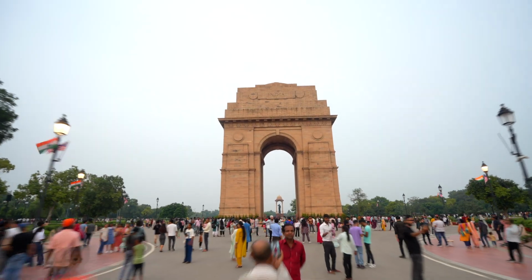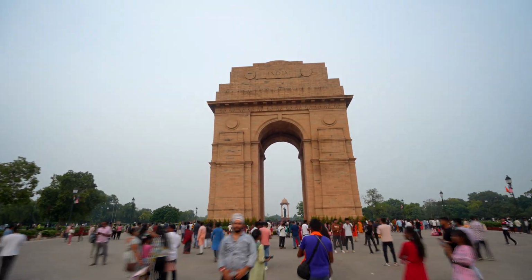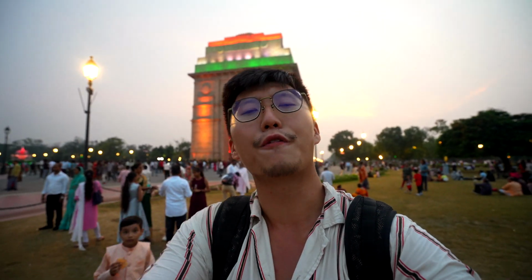Everyone has come to see this arch, which, to be fair, it's just an arch. It is India Gate. And if I was living here, I don't know how many times I'd actually come out here, but I guess a lot of people here do enjoy it. They do come out, the vibe is really nice, and little kids are coming out and playing here all the time. But this is India Gate, and this is the end of our first official tour here in